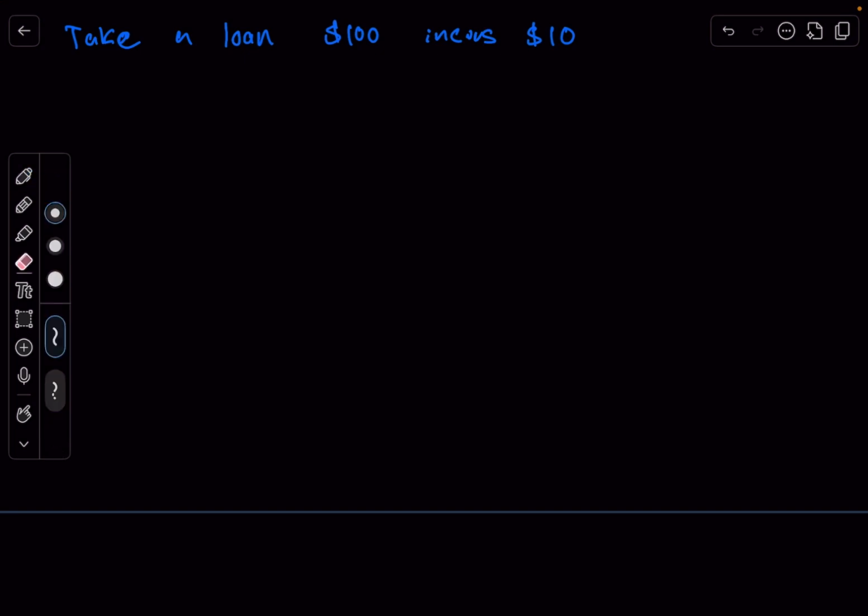Now let's look at a combined example. So let's say that you take a loan of $100 and it incurs $10 worth of interest, right? So it's a 10% interest rate on this loan. Well, how are we going to walk through that? Well, on our income statement,